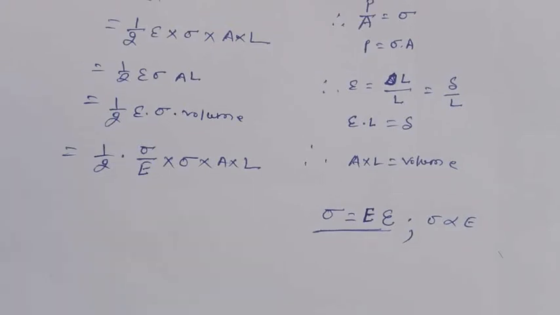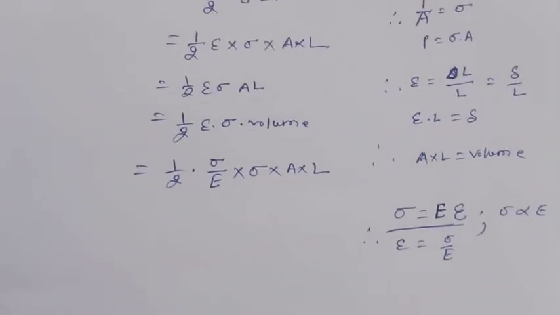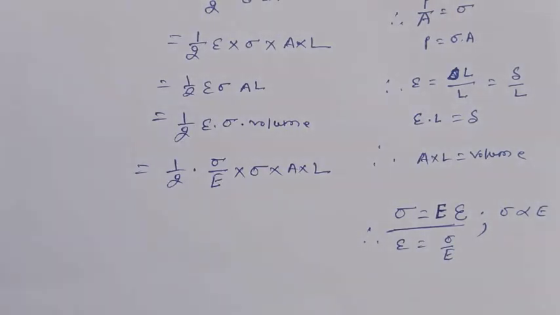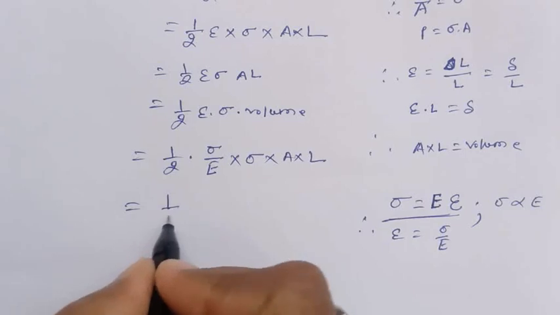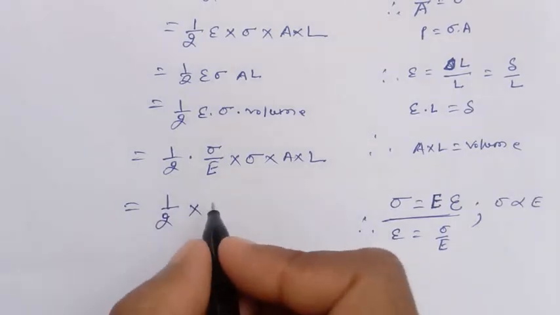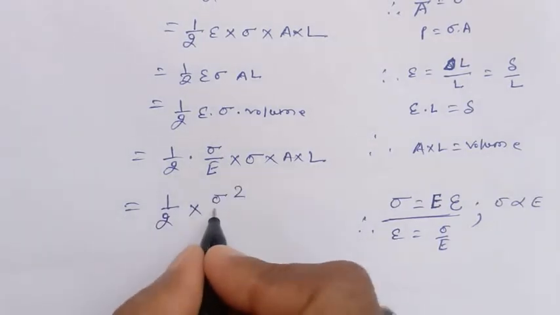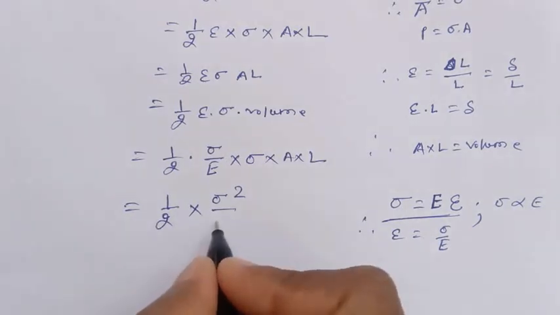So we can write sigma equals E into epsilon, or epsilon equals sigma by E. Similarly, instead of epsilon, the strain, I write sigma by E, giving 1 by 2 into sigma square by E